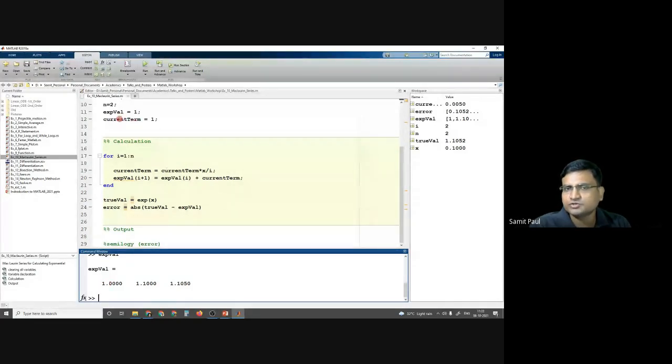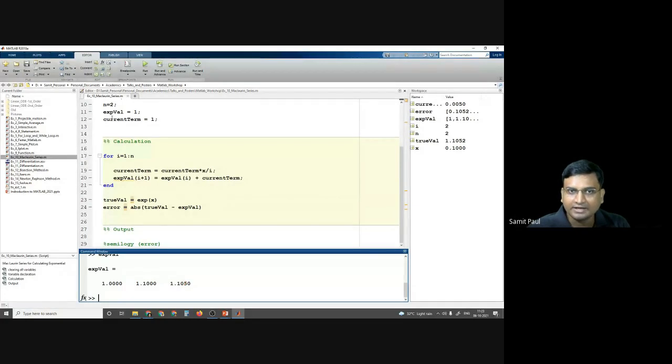We have initialized exp val to 1, that's why it is 1. And if we do the first iteration, then we are getting 1 plus x. Remember, x we have taken 0.1. That is why it is getting 1.1. And if we include the next term, x square by factorial 2, that means 1 plus 0.1 plus 0.1 square by 2, we are getting this.